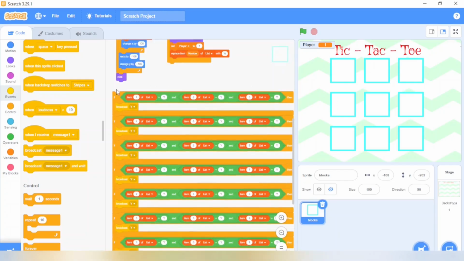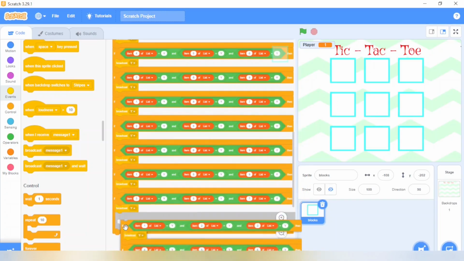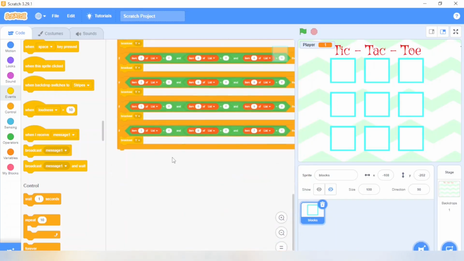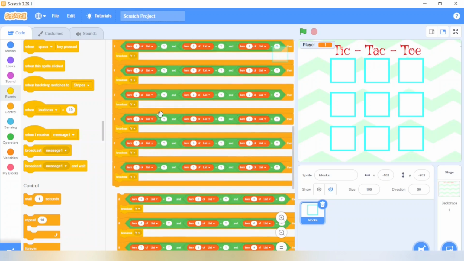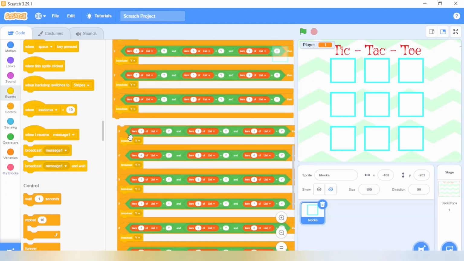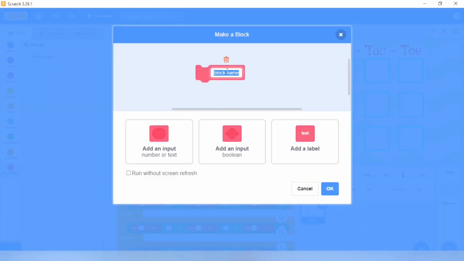For that I'm going to duplicate the whole block and place it downside. Do you think the code has become very lengthy right now? We need to optimize it and make it short and easy to understand. For that, I'm going to create my own block and avoid this repetitive action. I'm going to My Blocks and here I'm going to create one block that is specifically to identify the winner.